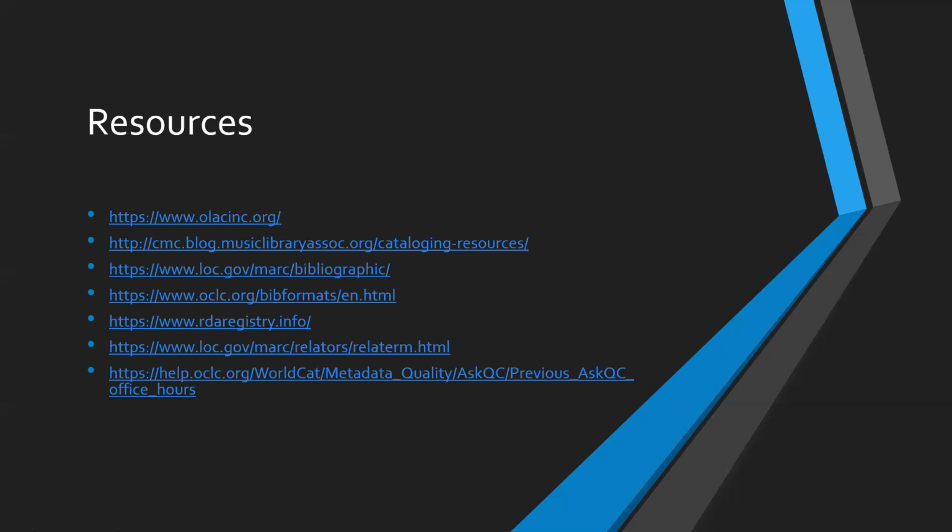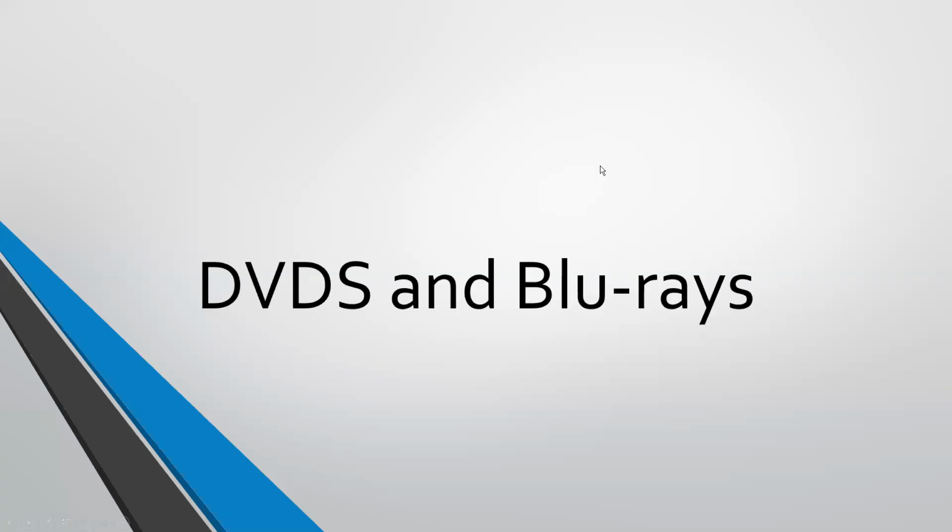information. The Music Library Association also has some great cataloging resources, as well as your standard ones: the Library of Congress MARC 21 bibliographic and OCLC bib formats and standards. So we're going to start out talking today about DVDs and Blu-rays, and by extension, any kind of visual material. The formats are going to differ, and some of the fields are going to differ a little bit, but really the same general principles and ideas apply to most any